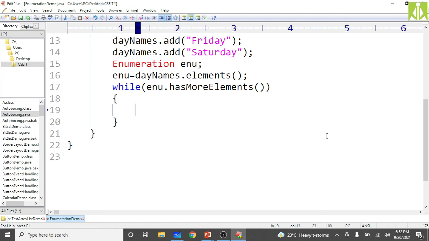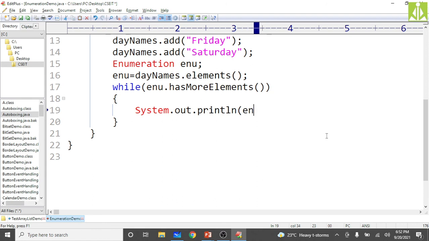So inside the loop what we have to do, we need to print. Okay, system dot out dot println. See, all the programs we have inside this collections framework are of this category only. We store a group of elements into the collection. First we create the collection object, and into that collection object we put different elements, and we access those group of elements. That's it. Okay, out.println of what we have here. Yeah, we need to print the elements.